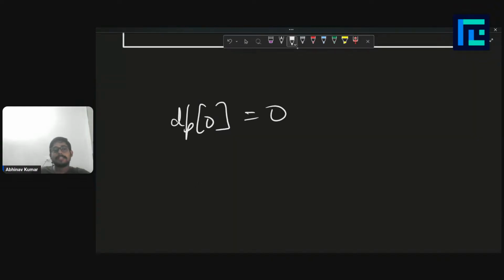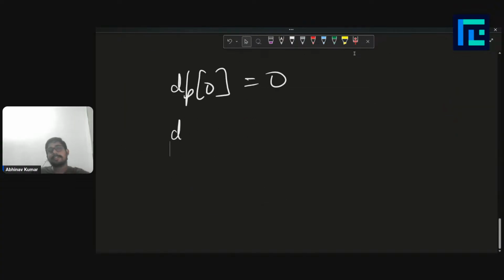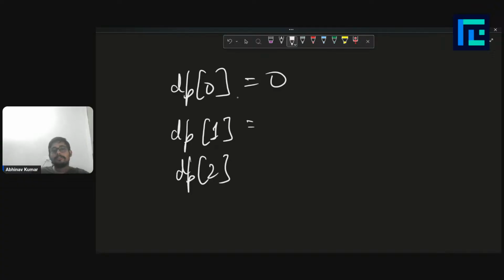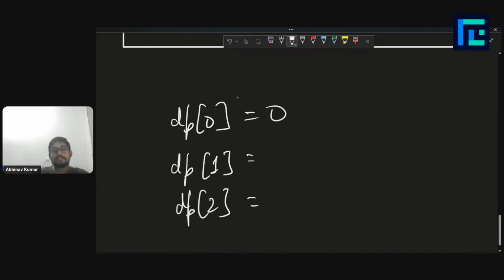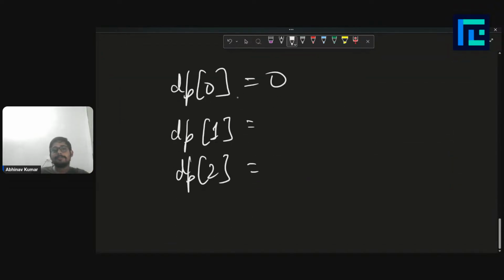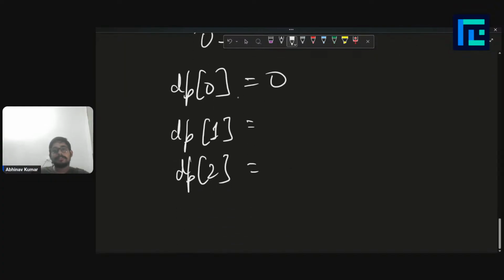This would be one base case, and then we are using previous three states, so we would write three base cases so that all the transitions can be written smoothly. So we'll also write DP1 and DP2. If we write both of these, then from DP3 we can start computing using our transitions. Okay, so what would be our DP1? Our DP1 would be the minimum cost to reach step 1. The only way to reach step 1 is we start with step 0, jump one step and reach step 1. So this would be cost of